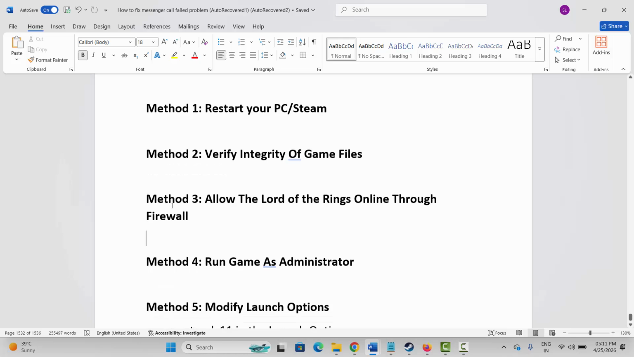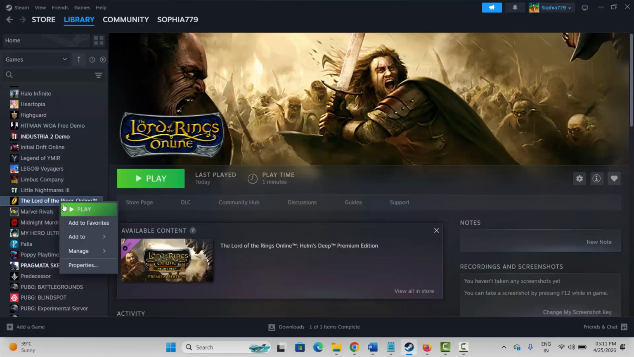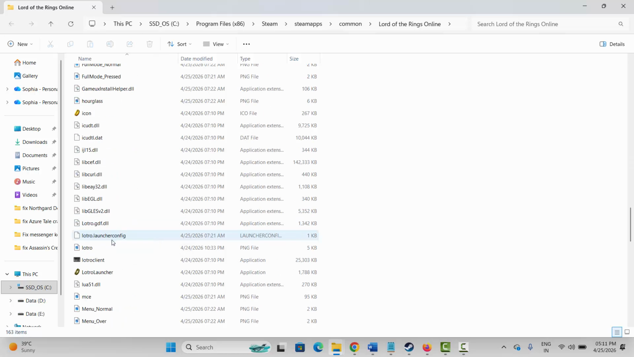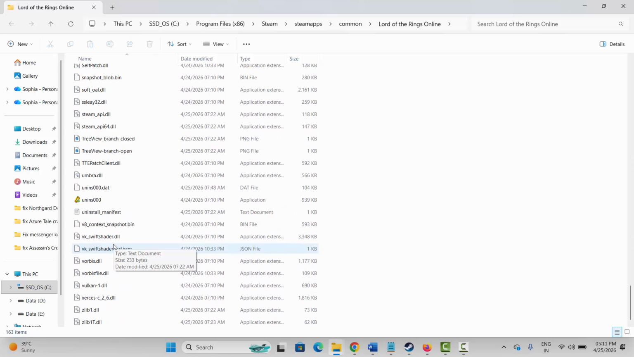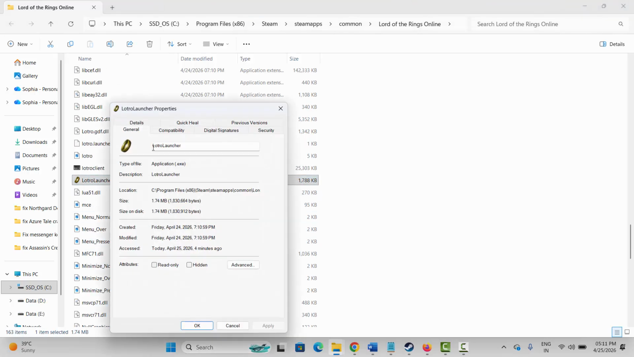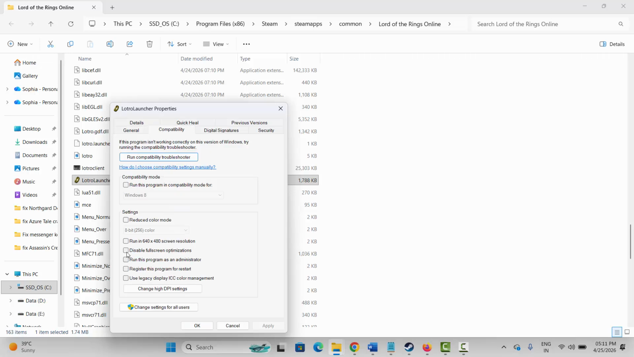If not, next method is to run the game as administrator. So for that, go to Steam, under library section, select your game, right click on it, click on manage, click on browse local files. This will take you to the game folder where your game has been installed. Now from here you have to select the application, right click on it, click on properties, click on compatibility and here select run this program as an administrator, click on apply and OK and then launch the game and check